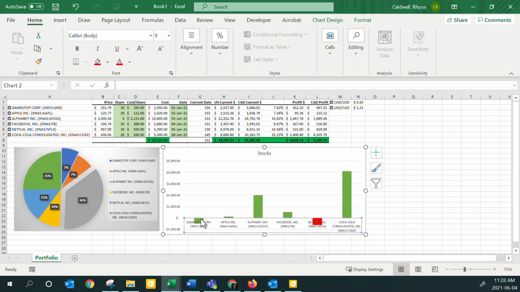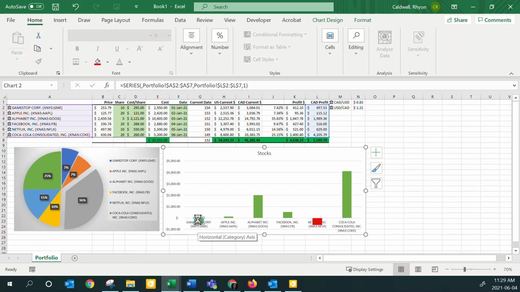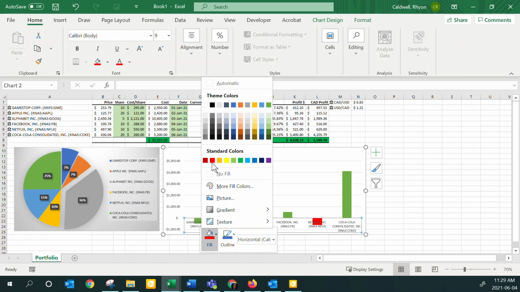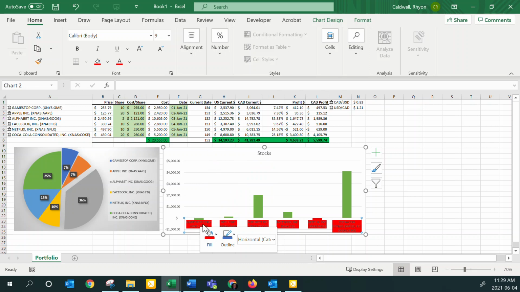So GameStop would be another one I've lost money on. So let's go over here and let's see if I can, there you go. You can see that you've selected it by the little handles here. And then one more right click on that allows me to change the background fill. It's a bit tricky, oh, see that? I didn't even click the right one. I grabbed the whole,